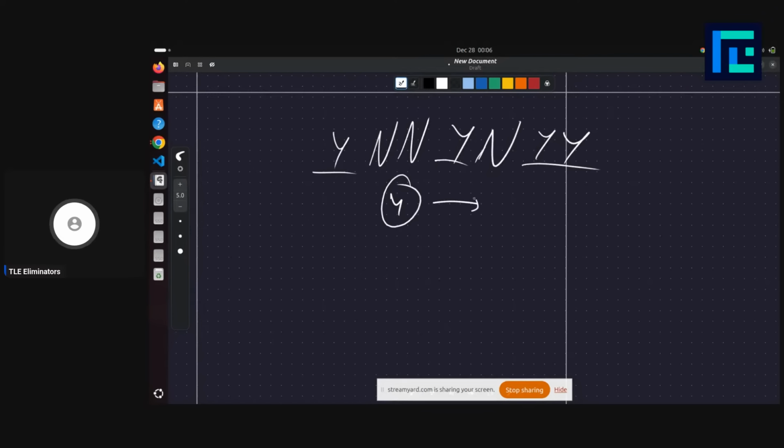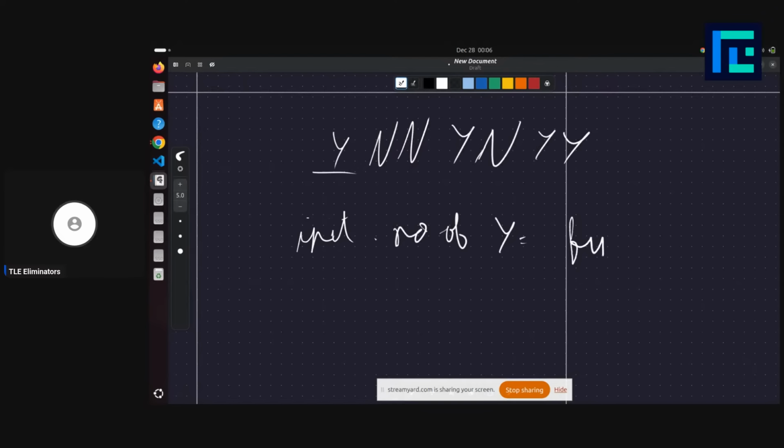So whatever you do, the number of y's will remain four if you never combine two y's, okay? Because even if you apply the operation here, this n will get deleted, right? You have to replace this with a single y. So essentially this n is deleted, but you can never delete this y unless you combine two y's, right? So that's my point: the initial number of y's is equal to the final number of y's,